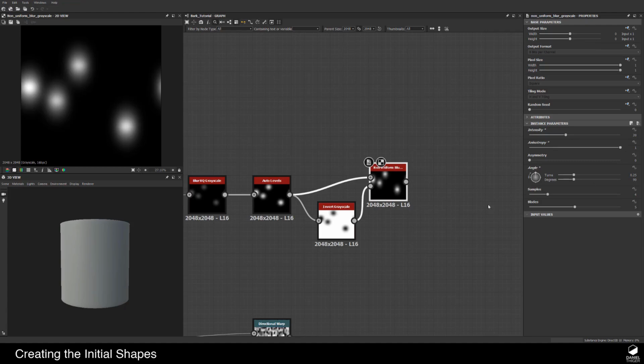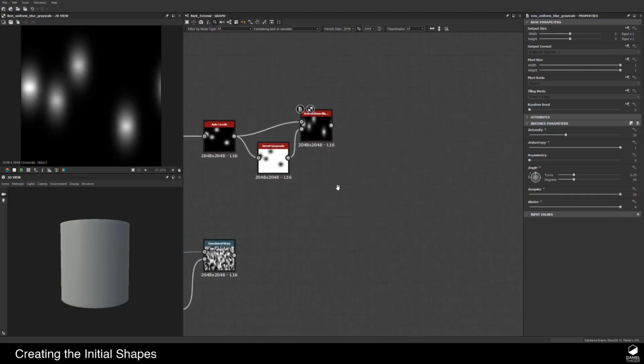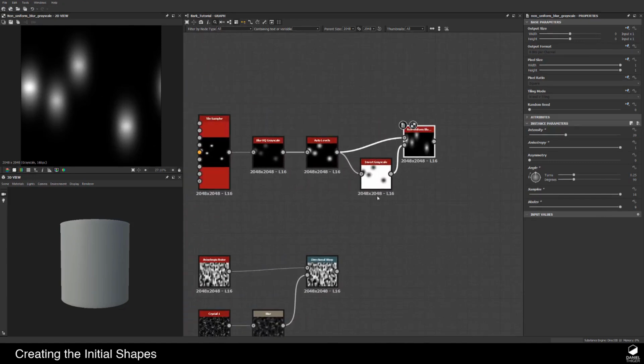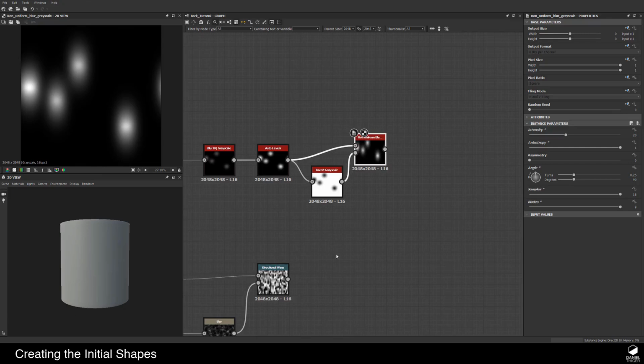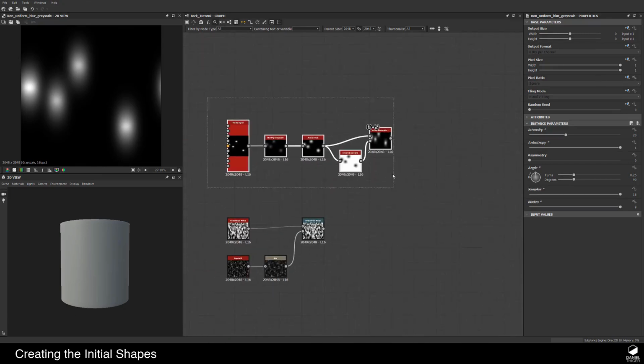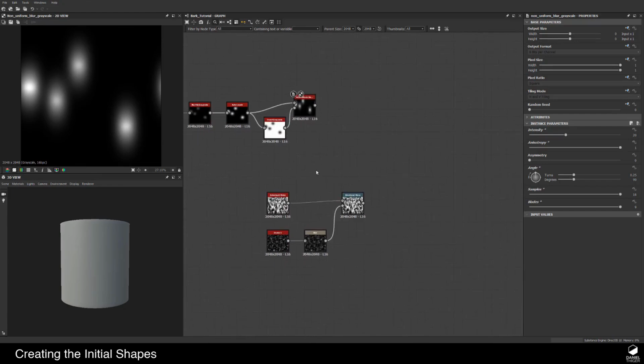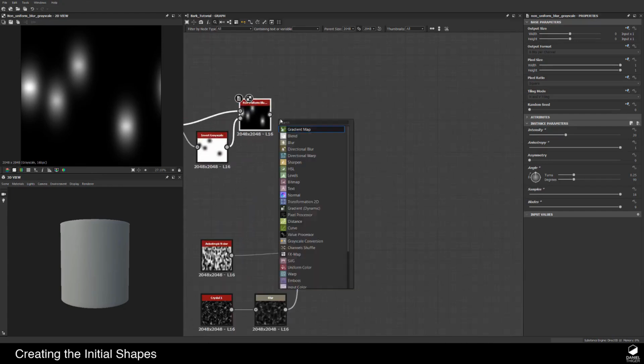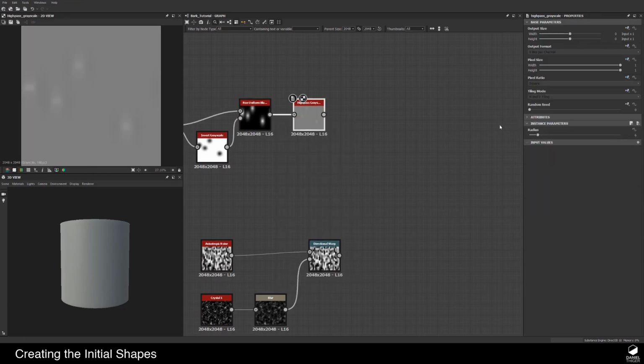Now let's leave that at 1, and crank up the samples and blades, yeah, let's go full out like that. Now we have our dots and they're kind of stretched out. And I want to run this through a high pass node. High pass grayscale, just to create a little bit of bright and dark shapes